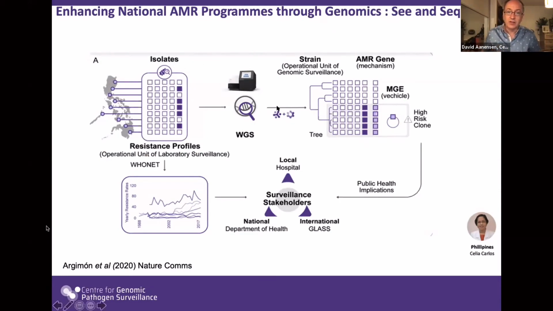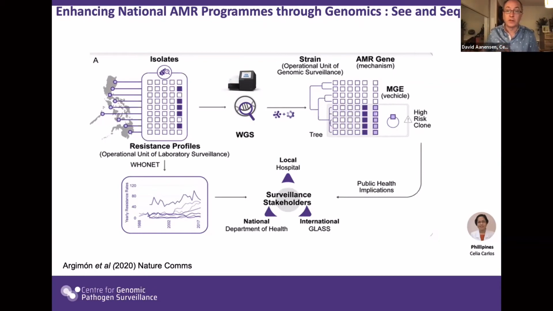So genome sequencing has come in here that then allows Celia and her team to understand the branches, whether there are particular strains, so operational units or clones or lineages of these pathogens, identifying the AMR genes that are involved, and are they present in all of the strains of that particular bug, and also the vehicle that's delivering those genes. So for Enterobacteriaceae, for example, it's not as simple as a single strain that is resistant and transmitting around various locations, but there are also mobile genetic elements that allow antibiotic resistance mechanisms to be inserted within a